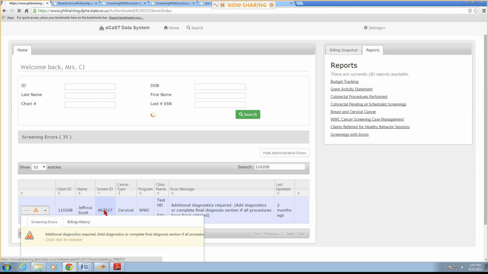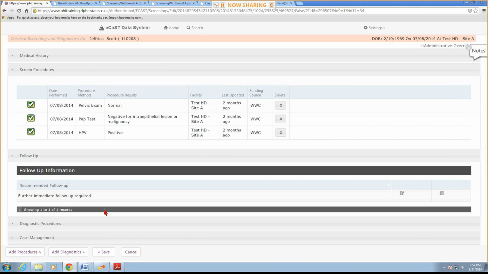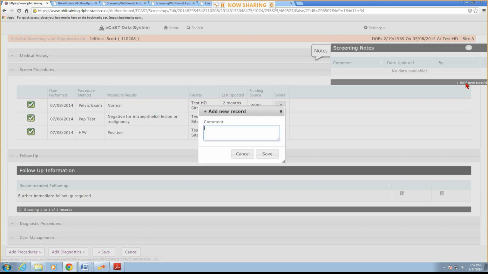So let's say today is September 24th and this is open. For this one, Colpo is scheduled on 10/2/2014. That really helps us know that the client hasn't fallen through the cracks and future procedures are planned. So here we see no notes, right? So if I come in here really quickly and do that, say Colpo scheduled for 10/2/2014, and then I click save,